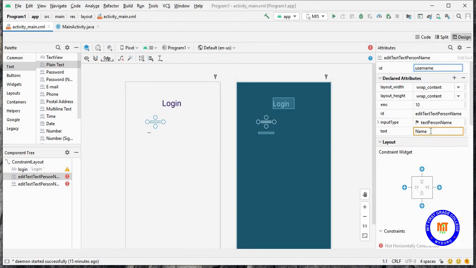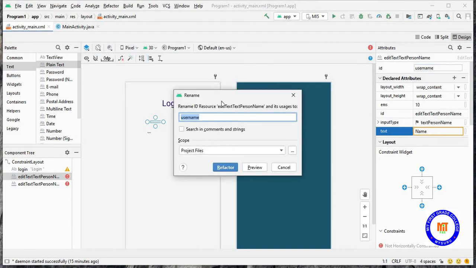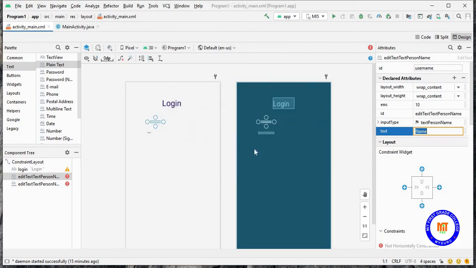I'll change the text. So it is asking for the renaming of ID. You have to give refactor. And it will change the text size.